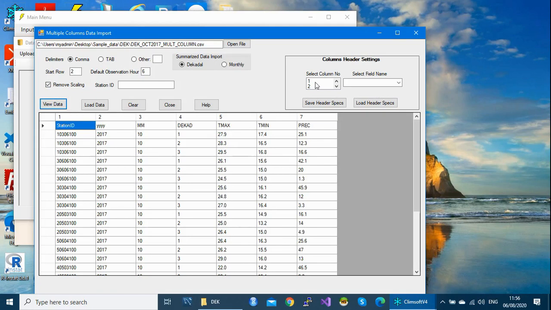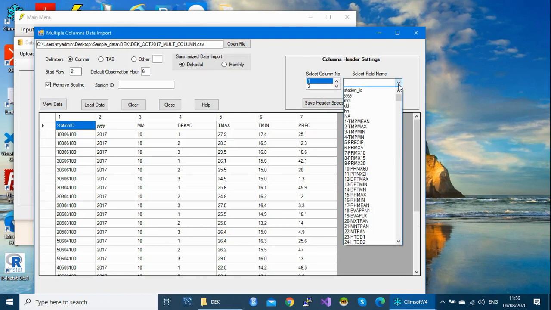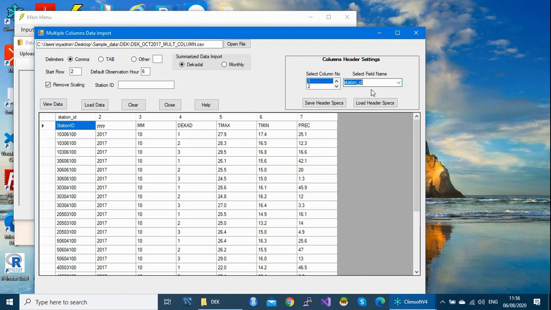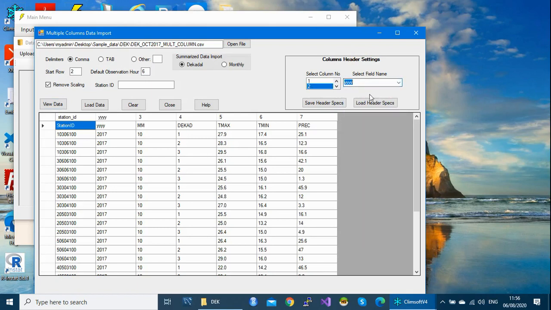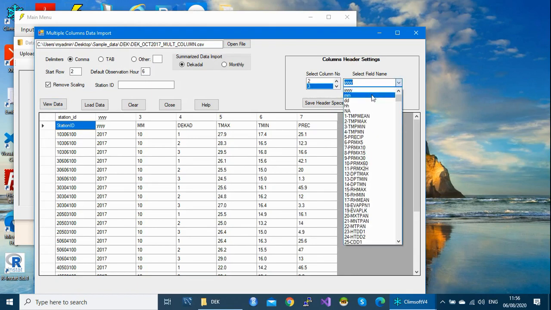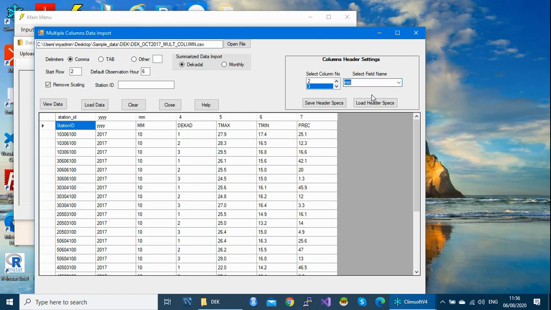So column number 1 here is station ID. Column number 2 is years. Column number 3 is what? Month. Column number 4 is decade.